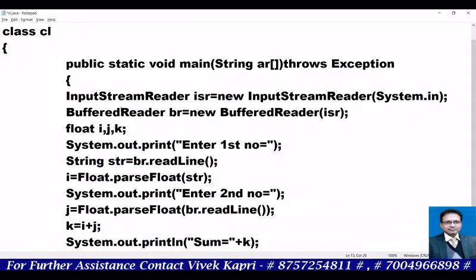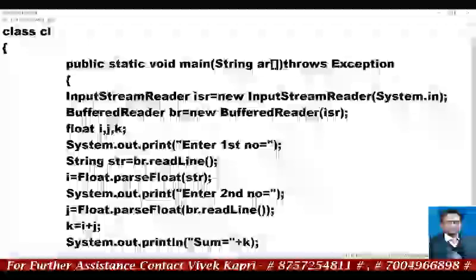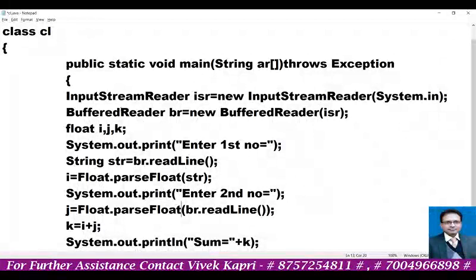After some time I will let you know that all these concepts belong to a different type of class called wrapper class. I think after 1 month, when all these concepts are clear, then we'll discuss wrapper class. This time you just have to know Float.parseFloat to convert a numeric string into a float. Okay, so compile.